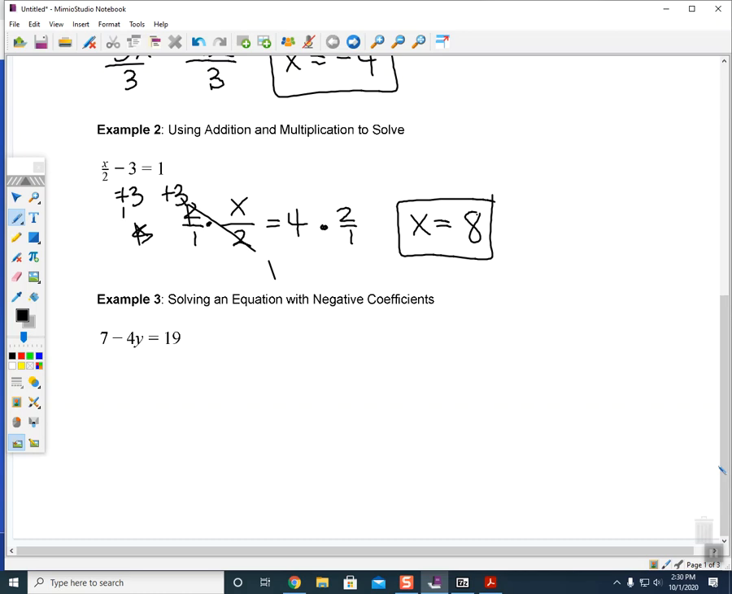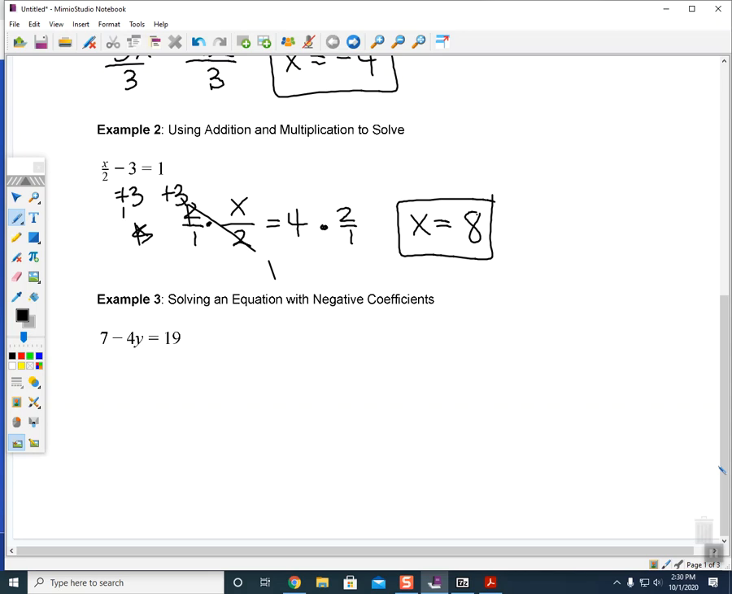All right, our last one on this page then, I've got 7 minus 4y equals 19. So the ones that we've been talking about before have had the variable come first and then have had either a minus or a plus. In this case, I'm starting with a 7. And so it might be kind of hard to realize what I need to do in this situation, because